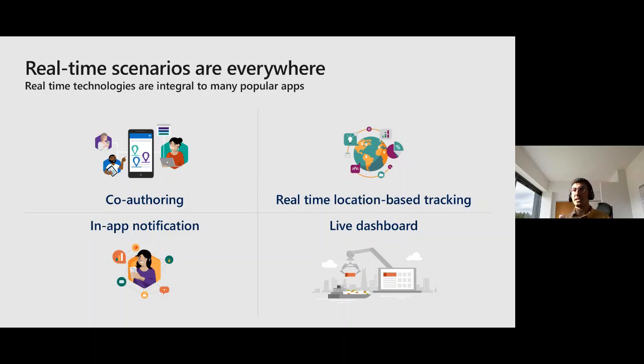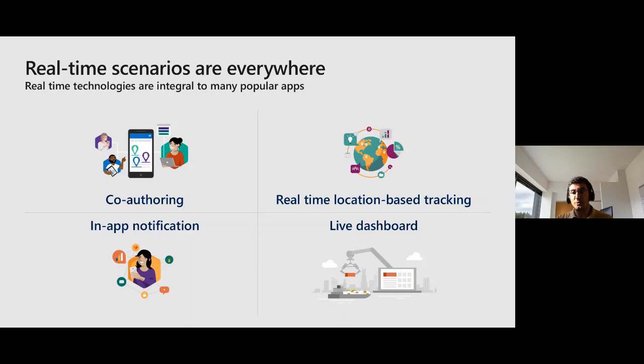Now, as you can see here, these are just a highlight of some of the real-time scenarios that you can use, but as you can see, they're everywhere, right? You're co-authoring. You have real-time location-based tracking. You can think of IoT solutions, shipments, and what have you, and distributed systems around the globe. And also another feature of real-time scenario is in-app notification. Very relevant these days when you want to push notifications in real time related to so many things, from healthcare to financial scenarios in banking, in stocks, and also